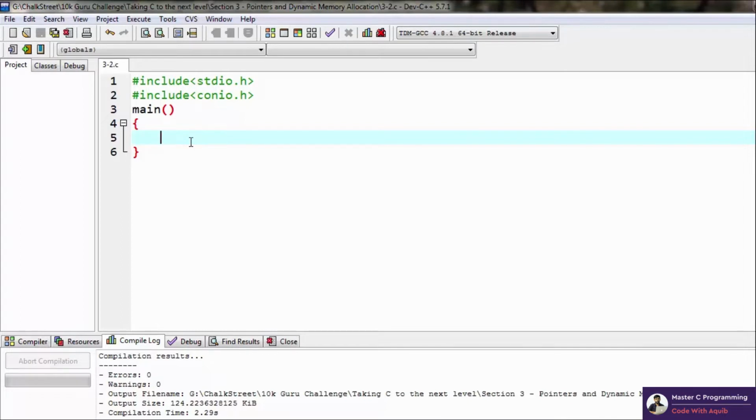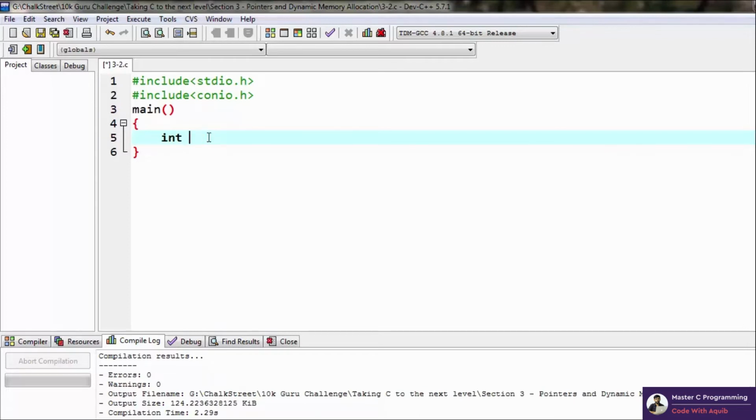Dynamic memory allocation basically refers to allocating the memory to any variable at runtime, which means that when our code is actually being executed, when our program is running, at that time also it is possible that we make a new variable, because if we use a normal variable like int a, what happens is that the memory is allocated during the compile time itself, right?